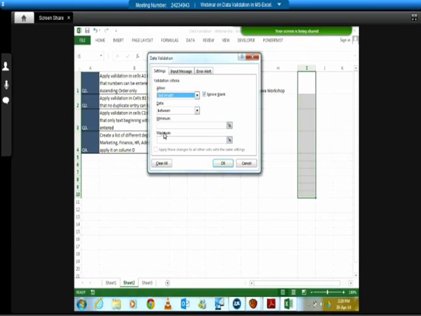Exactly. The way you have your SMS. When you write an SMS, you can't go on and finish it, email into it. What we can do, we can only have 160 characters. So 160 characters is a text length. That is a good example of your text length data validation. Another example would be your passwords. When you put in your passwords, they have minimum of 6 and maximum of 9 characters.